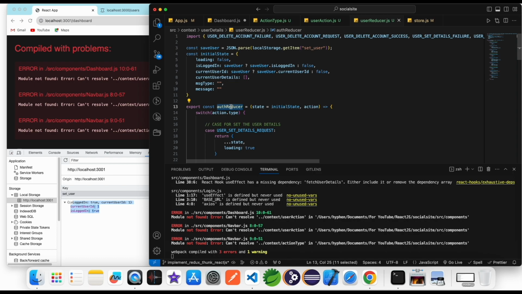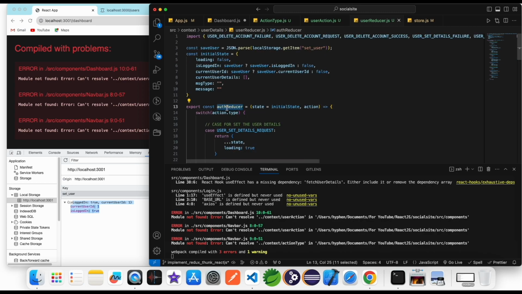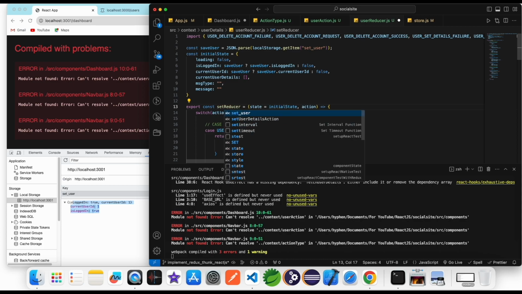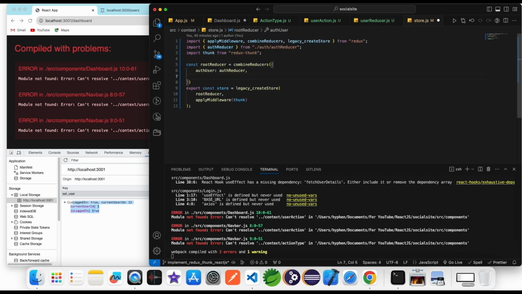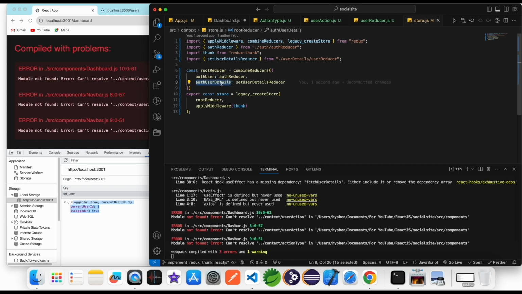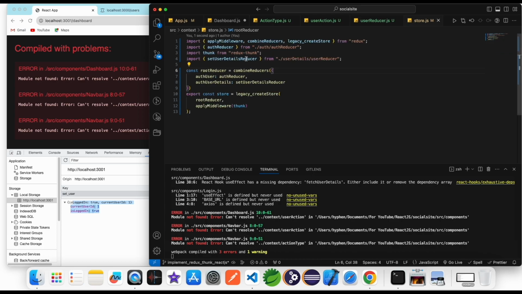I changed the name of the reducer in auth reducer, user reducer, sorry. So I want to name it as set user detail reducer. Now this reducer is passed to the store as a root reducer, and the key I name as auth reducer detail, and the value I pass these values. Now in dashboard I get the information as auth user detail,